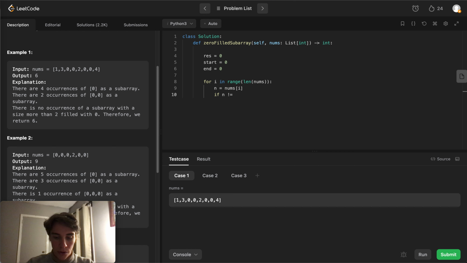not equal to 0, then we simply advance both, start equals i and end equals i. Else, in the case that we have encountered a 0, we're actually only going to advance end plus equals 1. Okay, so we only advance end plus equals 1. However,